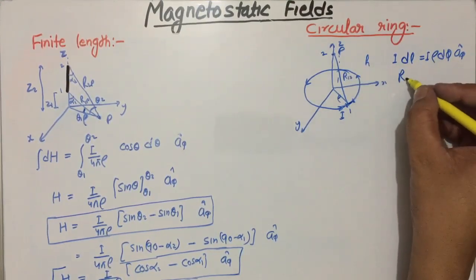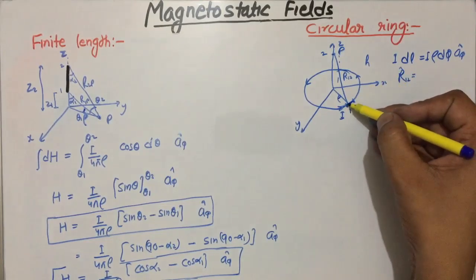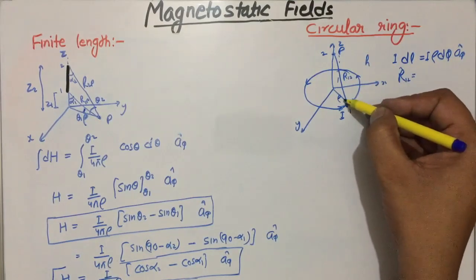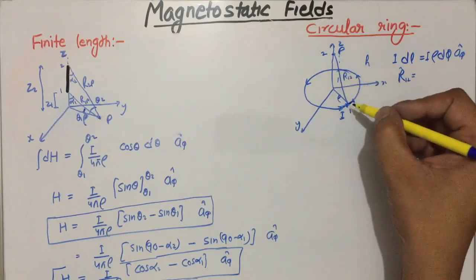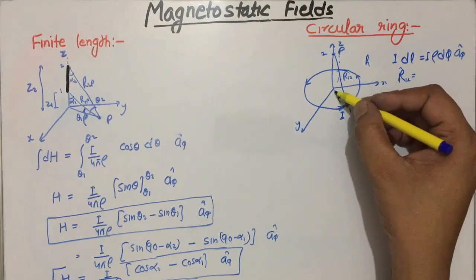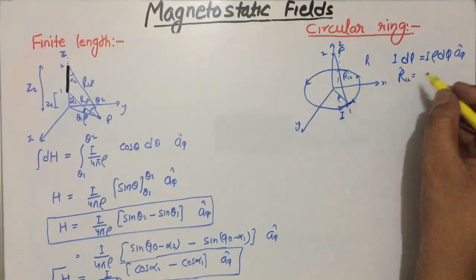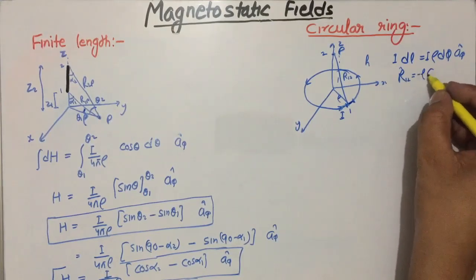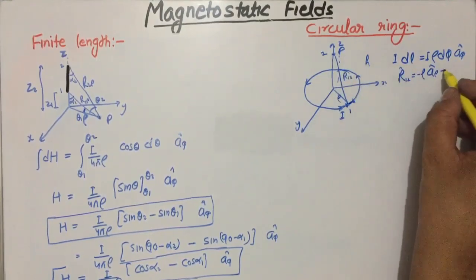And if we wish to write R12, then we have to move from here to here. In that case, we will start from here and follow like that. The rho is positive in this direction. However, we are moving against that, so we can say minus, we are moving in the minus a rho direction. So rho in the direction of minus a rho, minus rho a rho, plus z in the direction of az.